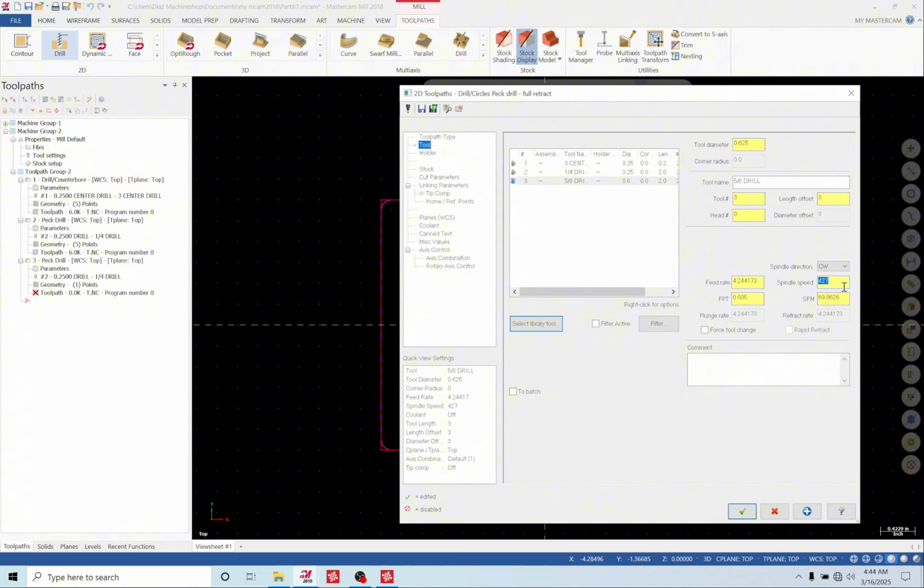So we can go ahead and go with bigger drills. I tend to go a little slower, so that might even be too much. 700, and we can also do here maybe like